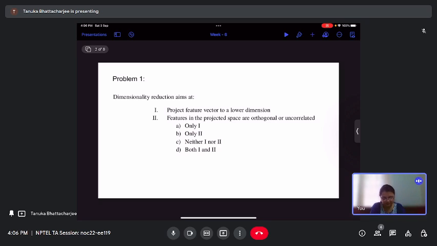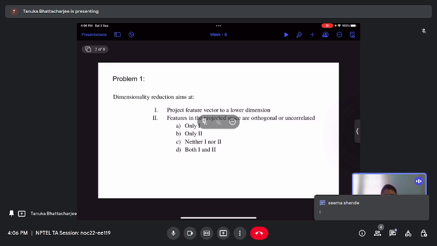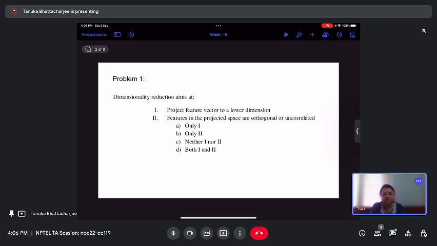Okay, I'll explain the idea. One answer I got is option 1, which is project feature vector to a lower dimension. Yes, of course that is correct, but not only that. The primary idea of dimensionality reduction is you have to reduce the dimension to make it computationally feasible and so on. And for that you are trying to project the feature vector to a lower dimension. That is the primary idea, but along with that you also try to make the features uncorrelated in the projected